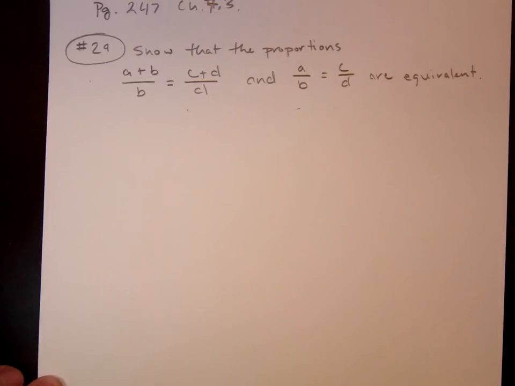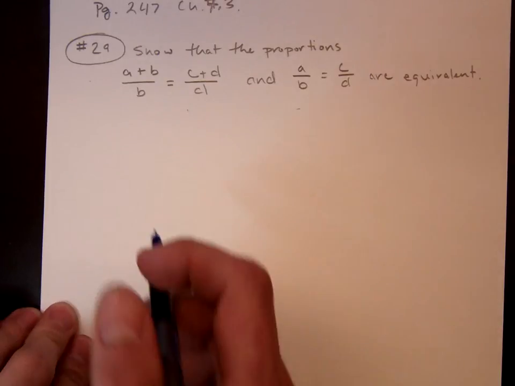Now, I'm going to go ahead and use a method that I think will be a little easier to digest than maybe the one that I used in class. So this one here, I'm actually going to use principles that we just went over to justify my answers. So what I mean by that is we know that the cross products